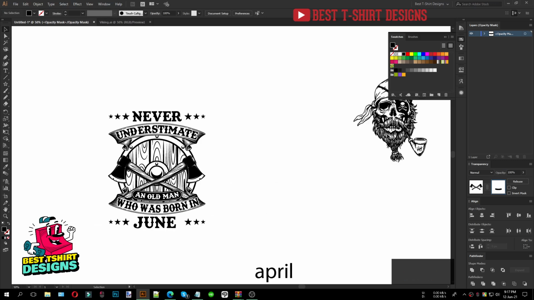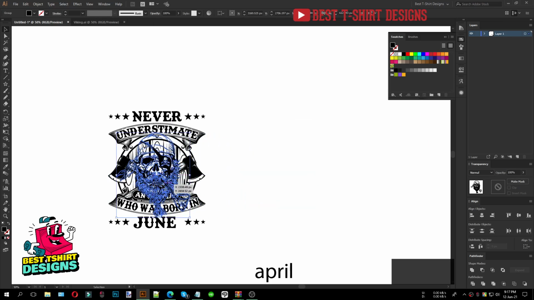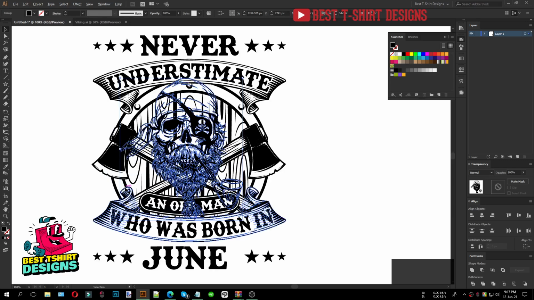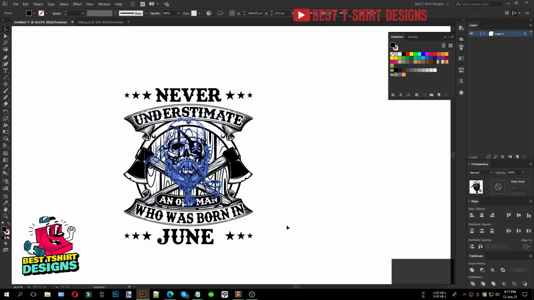That's fine. And okay, I'm inside the transparency, and for this skull, I wanted to keep it in something like this position, but not overlapping with my text here. So Old Man, kind of this, and of course I want to make sure that everything else is grouped together.